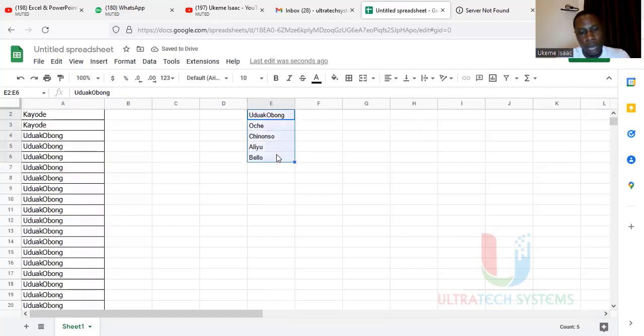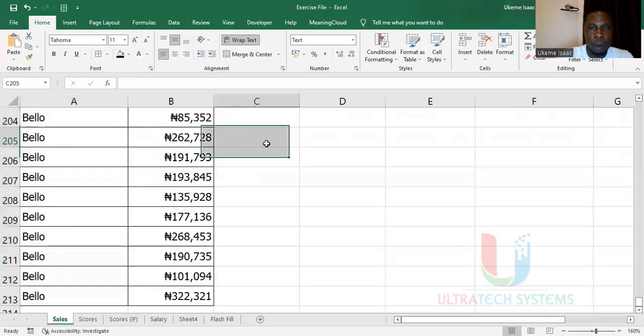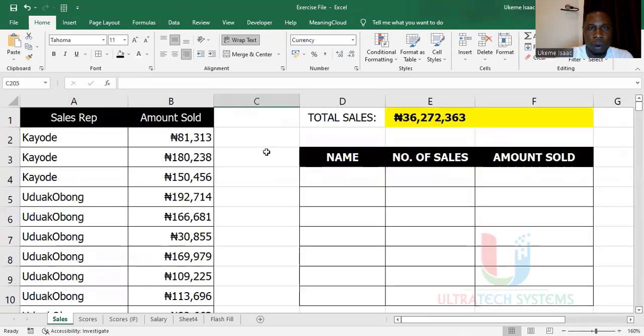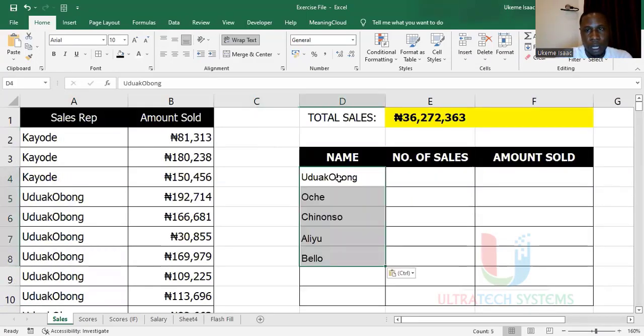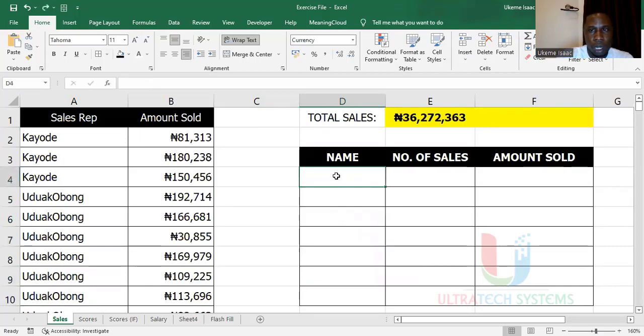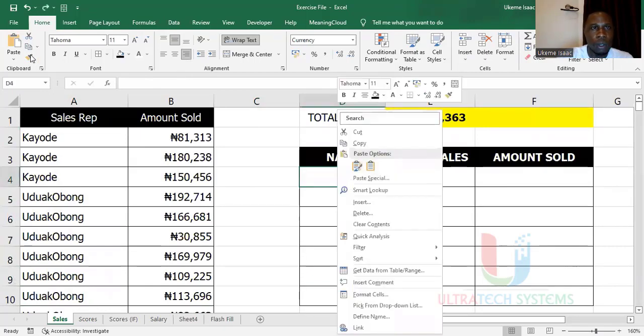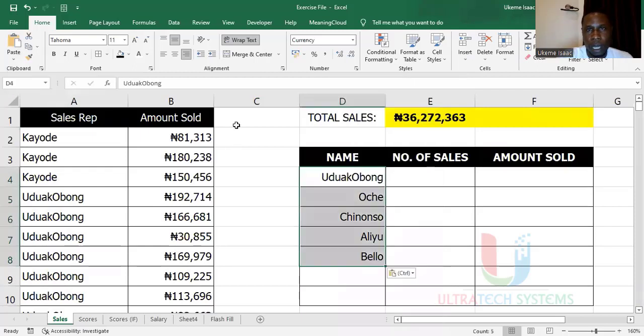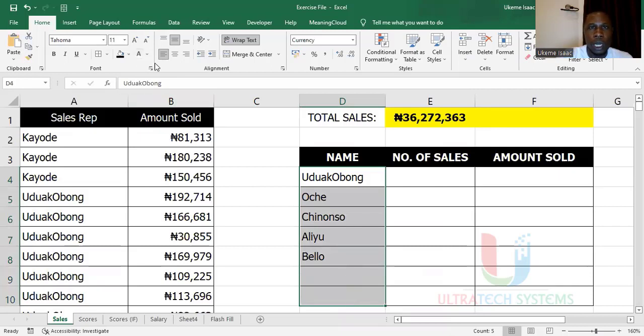So I'll copy this and go to Excel. Let me just see what we have here. I think this is where we were. So now I return to Excel. I've copied that list from Google Sheet, so I'll paste the list here. All right, you can see what I have here. Let me just right click and paste only values. Okay, so now I've been able to know the list of the names of all the sales